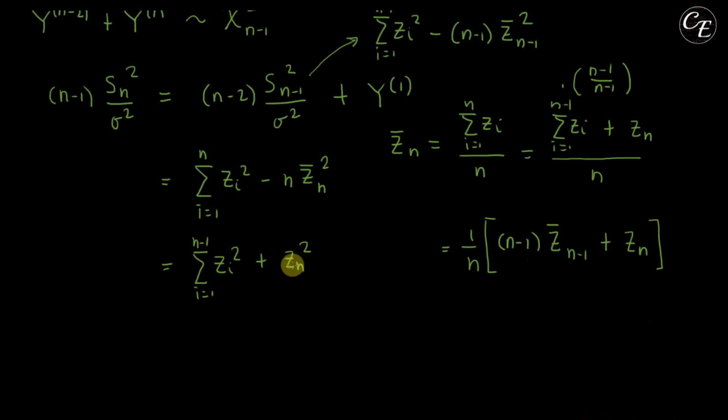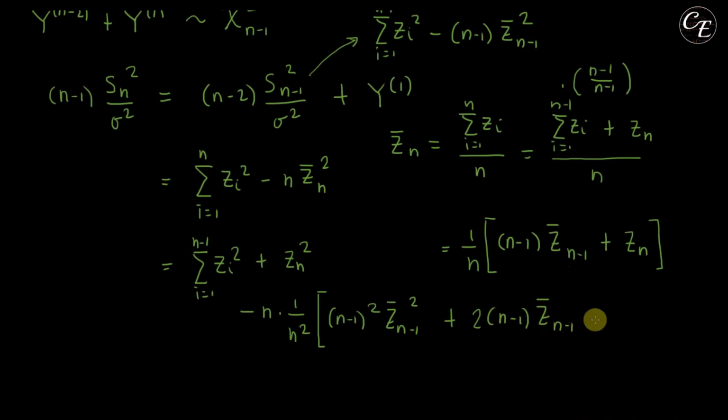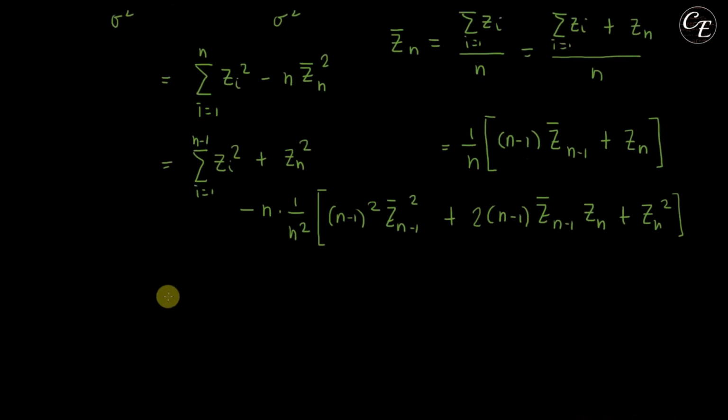and then plus z sub n. Now for this one, we need to reduce it by this one, so we have n times the square of this one, which is the square of this one, so we have 1 over n squared times the square of this one, which is, let us now evaluate, n minus 1 squared times z bar sub n minus 1 squared, and then plus 2 times the product of this, so we have 2 times n minus 1 z bar n minus 1 times z sub n, and then plus the square of this one, which is z sub n squared, and then it is equal to